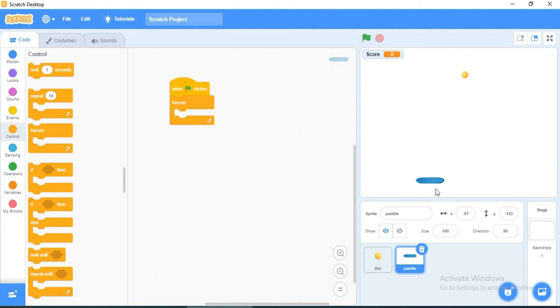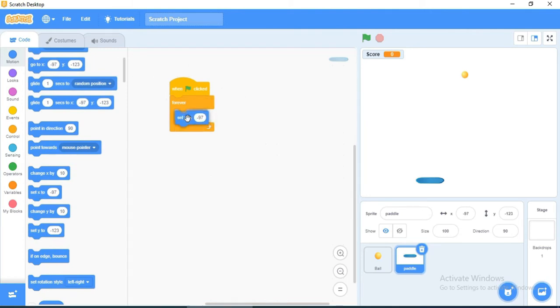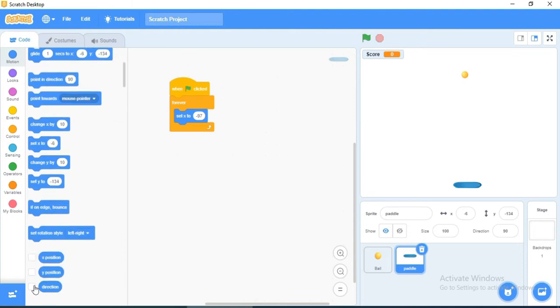So in this loop, what do we have to do? We will set its x-axis, so go to motion, set x to. So set x to what? Set x to the position where the mouse cursor goes. Whenever the mouse cursor is here, the paddle will have to be here. So basically it will move correspondingly with the mouse cursor. So set x to